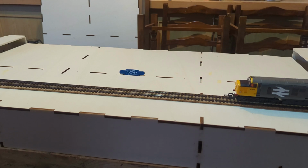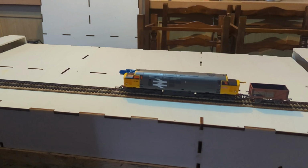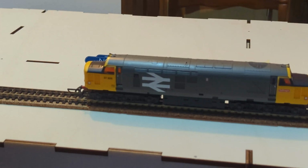So, moving on to my new purchase, which is a Ruston that's not a Ruston. And maybe I should clarify that a bit by bringing onto camera a rather noisy, it has to be said, but rather well running at the same time,